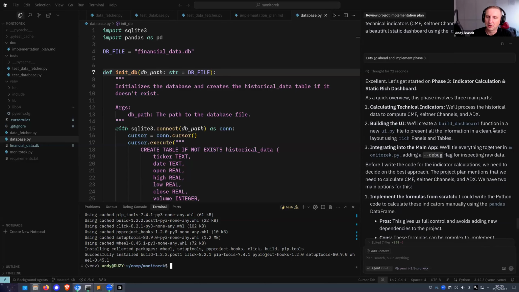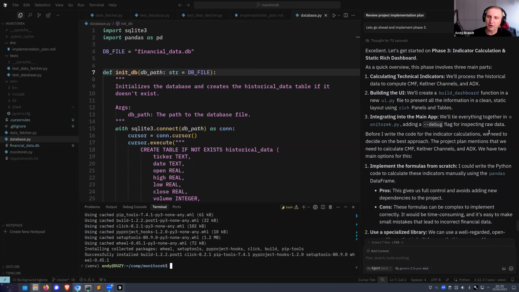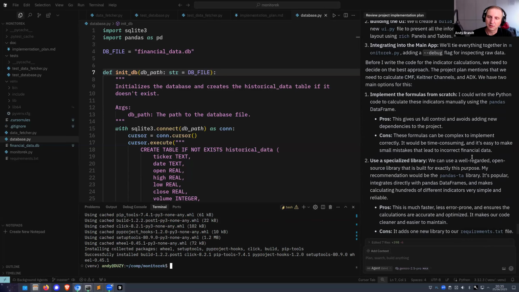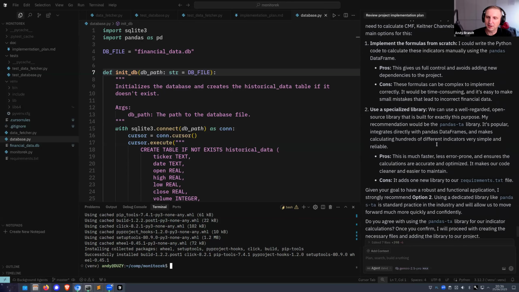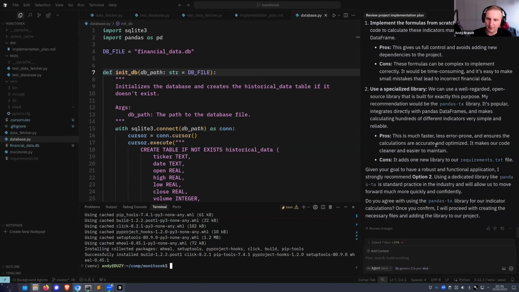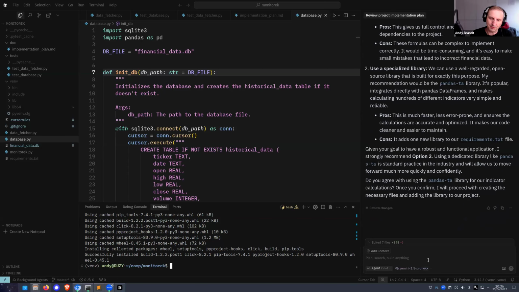That's okay. Before I write the code, we need to decide. The project plan mentions that we need to calculate CMF and Keltner, and we have two main options: implement the formulas from scratch, or use a specialized library. We can use the well-regarded Pandas TA, but we know that QuantJourney TI is first of all much newer and second faster, so this is what we will do.